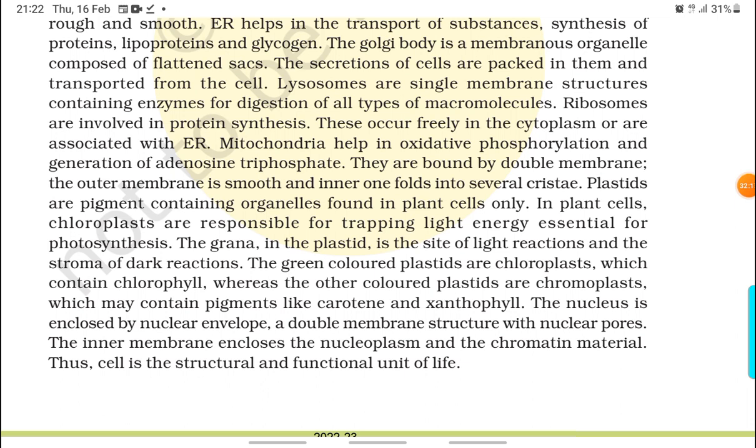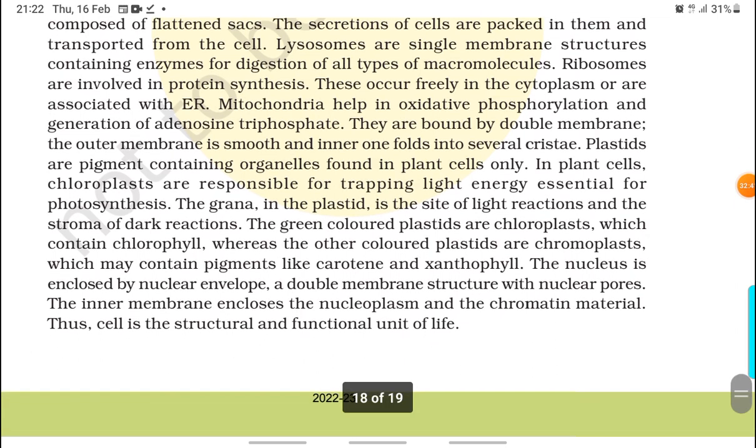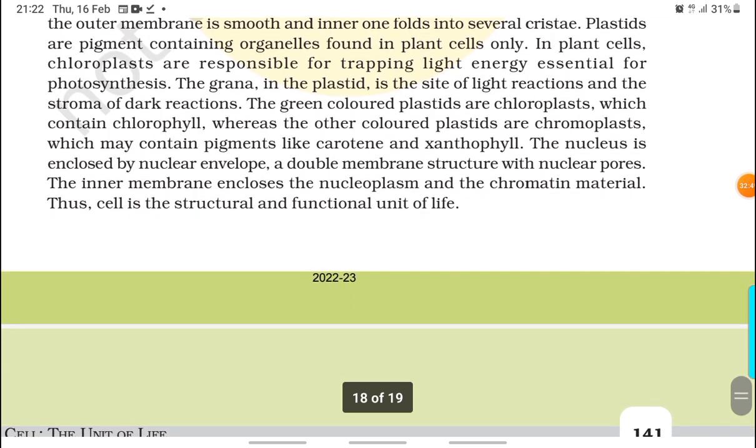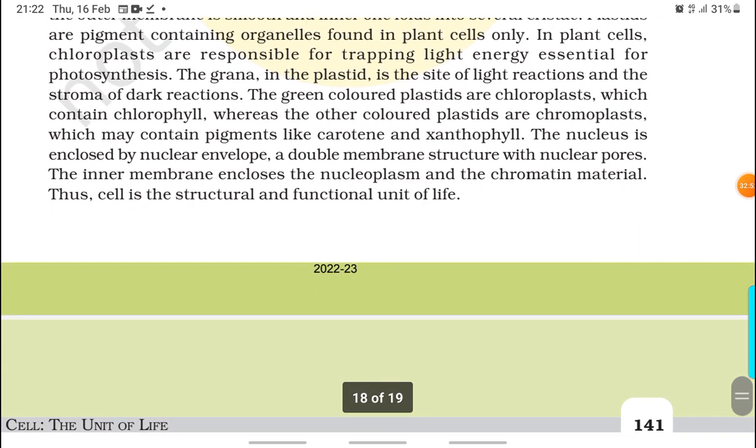Mitochondria help in oxidative phosphorylation and generation of adenosine triphosphate. They are bound by a double membrane. The outer membrane is smooth and the inner one folds into several cristae. Plastids are pigment-containing organelles found in plant cells only. In plant cells, chloroplasts are responsible for trapping light energy essential for photosynthesis. The grana in the plastid is the site of light reactions and the stroma for dark reactions. The green colored plastids are chloroplasts, which contain chlorophylls, whereas the other colored plastids are chromoplasts, which may contain pigments